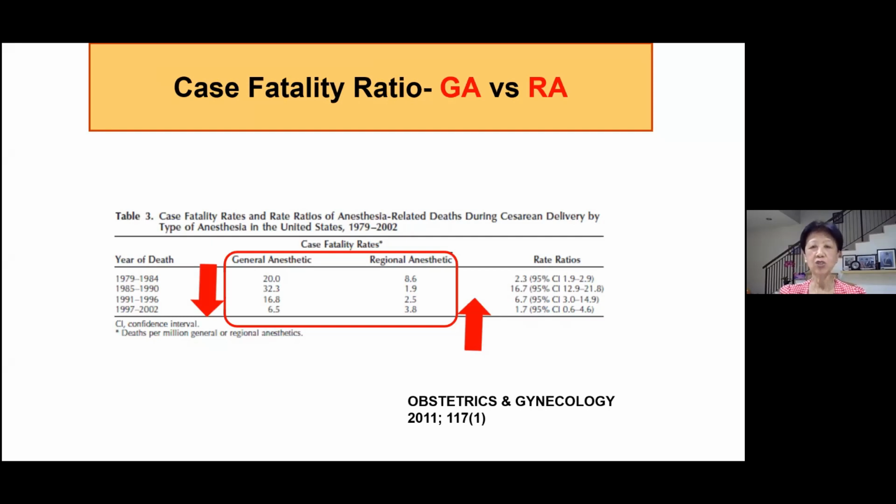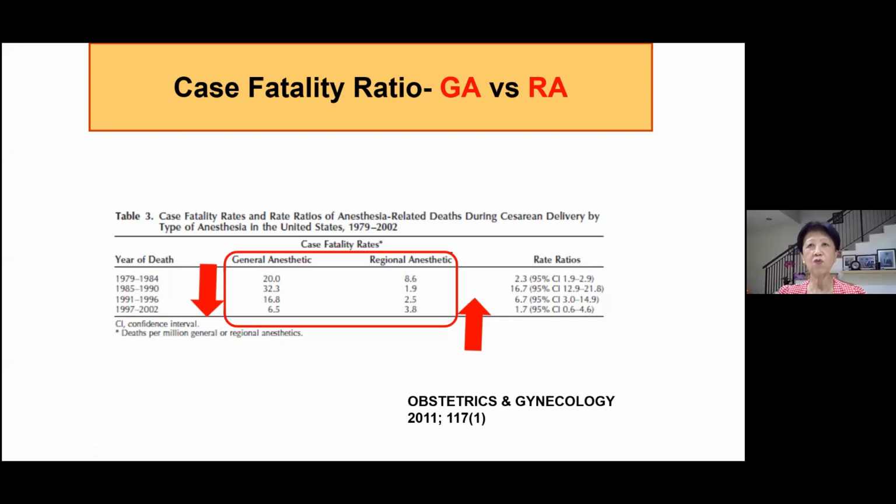Similarly, we have converted in the last 20 to 30 years from general anesthesia as a way of providing anesthesia for parturients, because general anesthesia is more risky than regional anesthesia as a life threat. In fact, if you look at this data from the United States, you will find that anesthetic-related death has actually come down. When I was a medical officer in the 80s, general